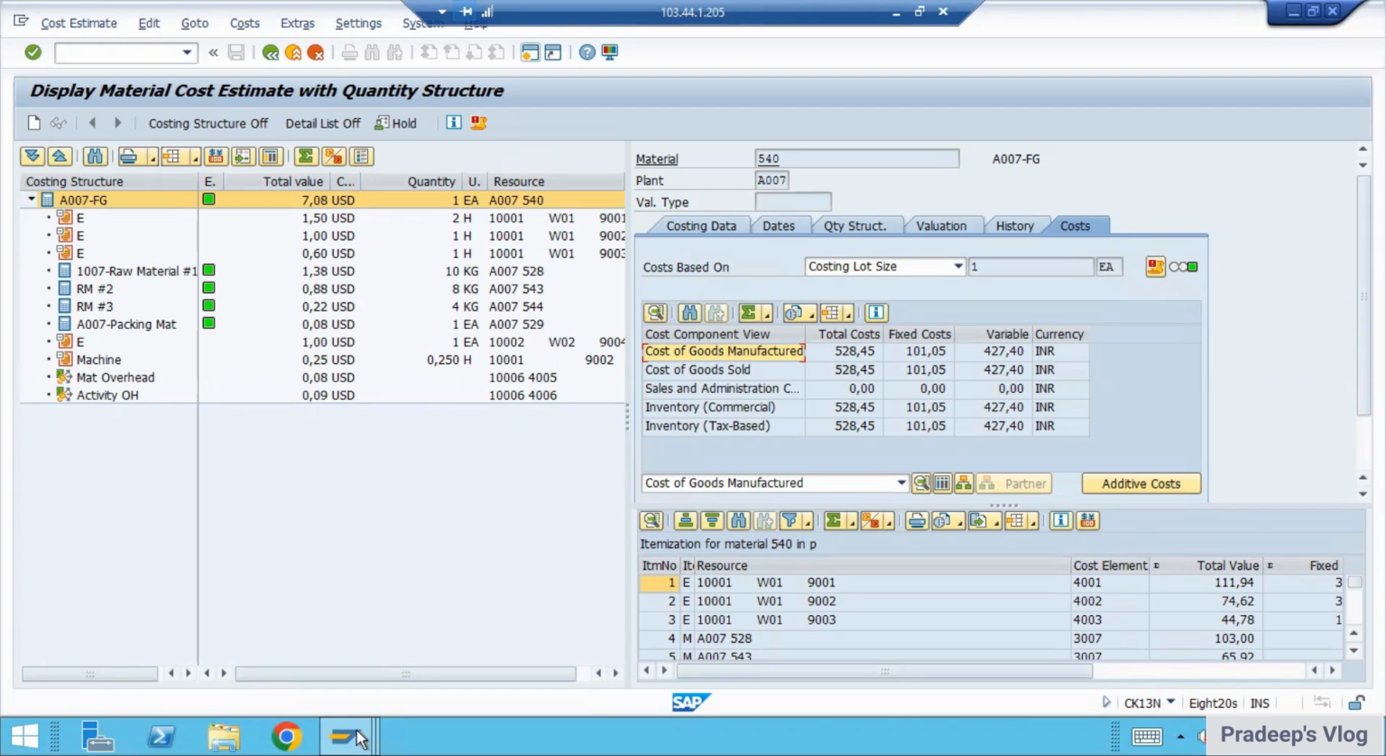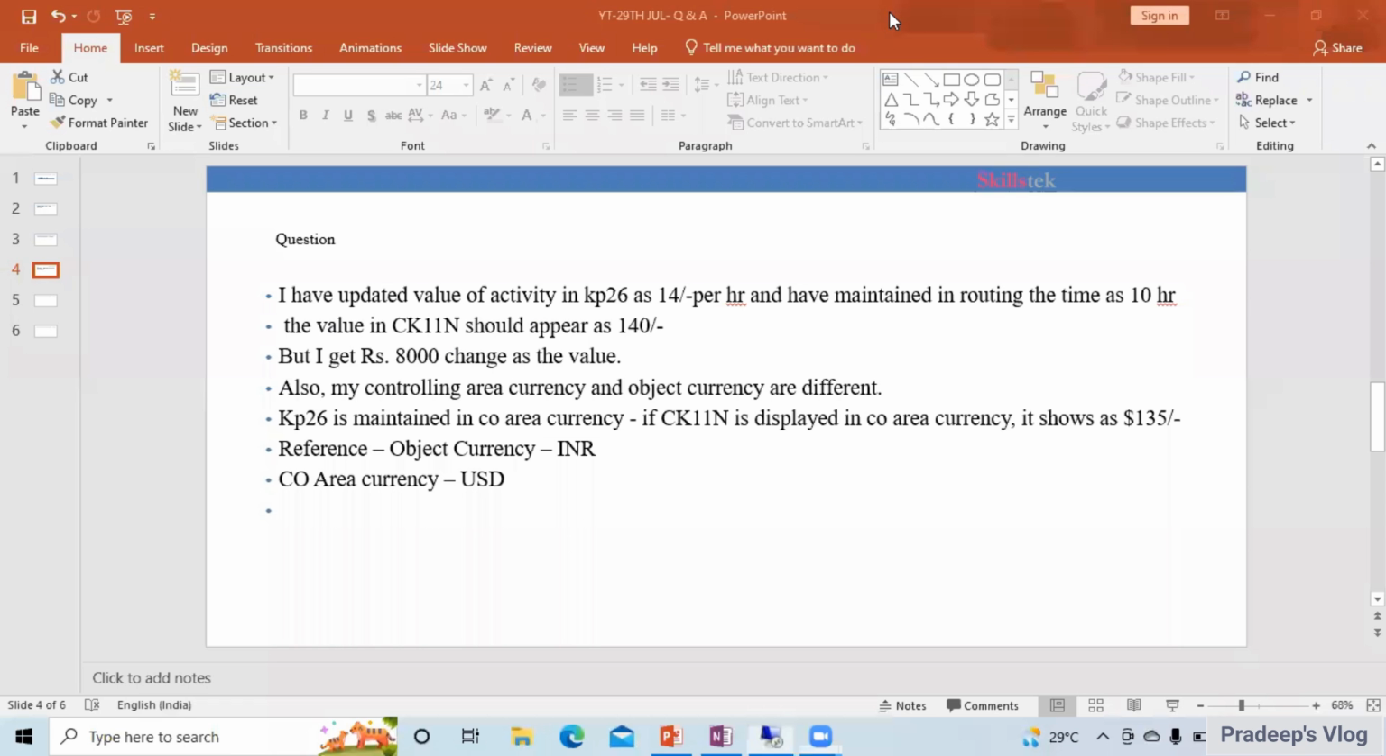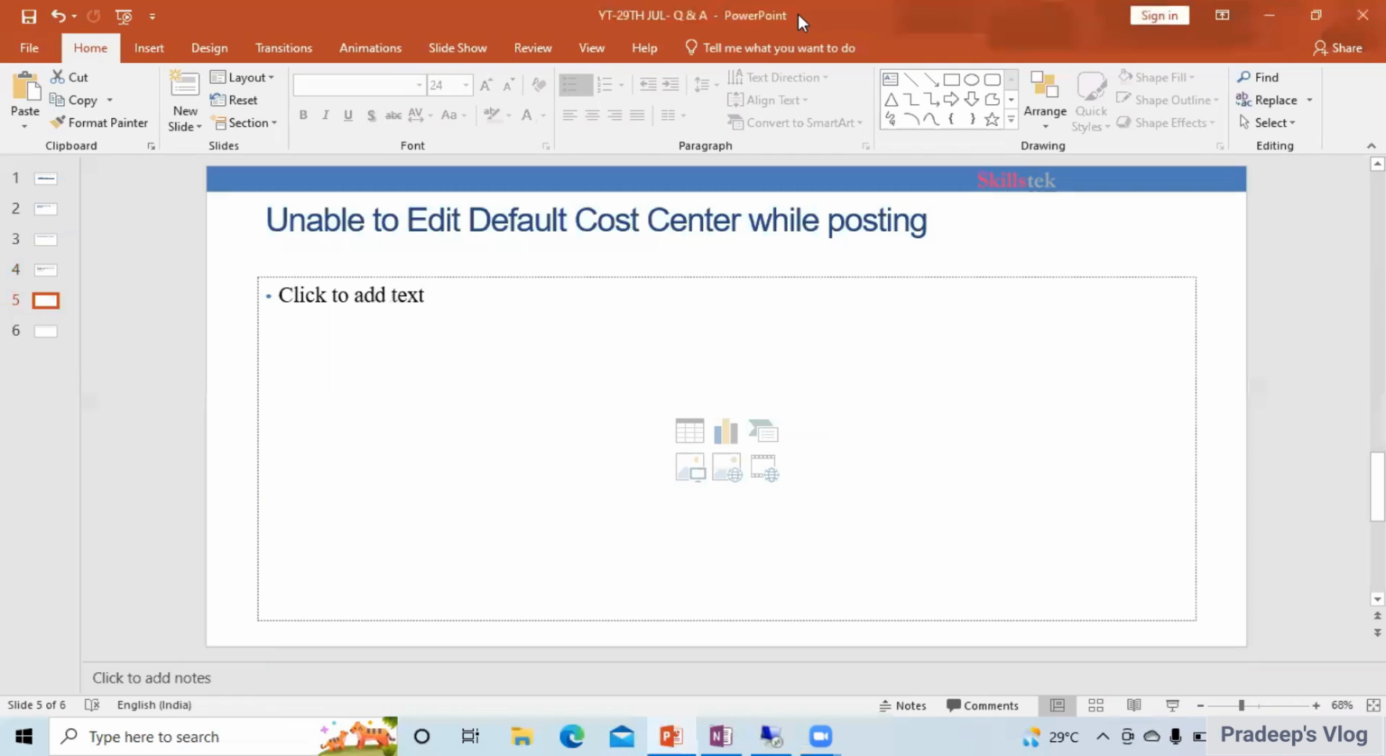Okay, so in this way you can answer these questions. It is a very tricky question, and it is coming from your product cost calculation. So in this way you can prepare. Coming to the next question, this is a